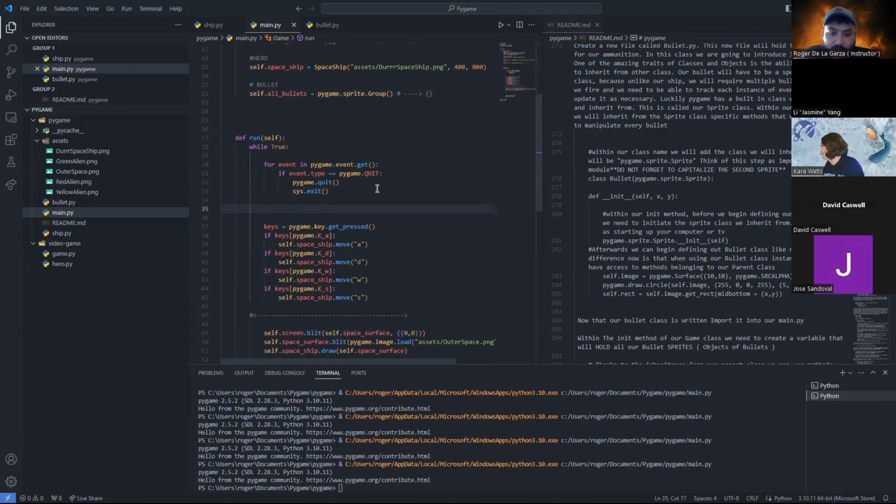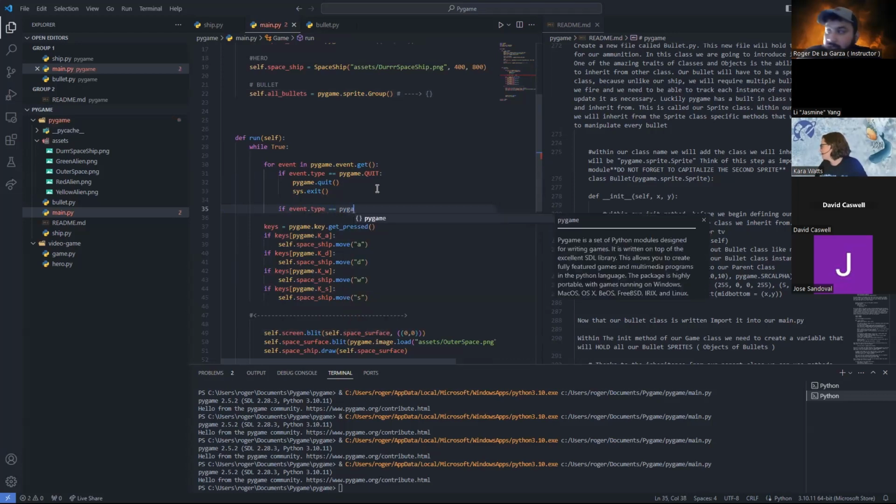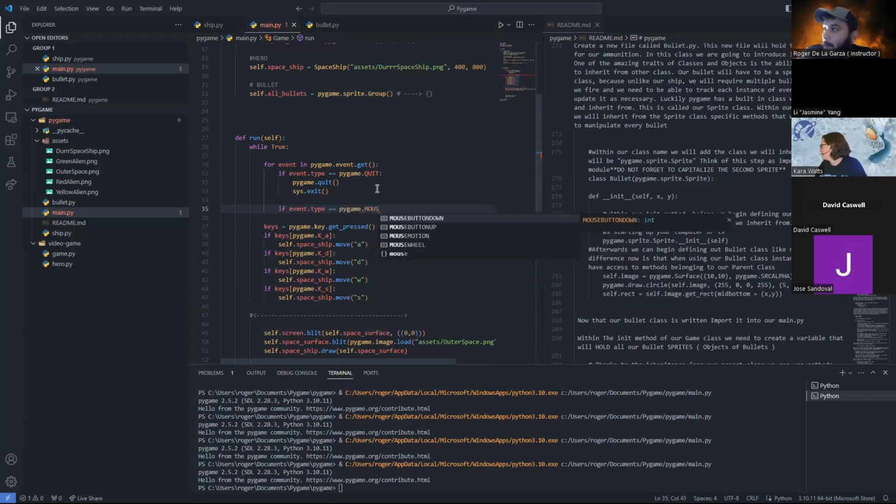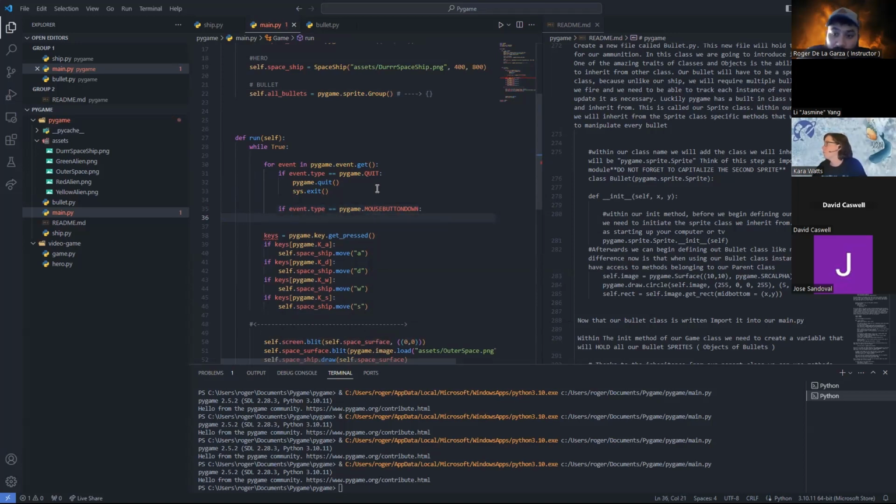So what's going to happen is we're going to check if one of our events is our mouse click. So if event.type is equal to pygame.MOUSEBUTTONDOWN. Where am I getting this from? This is your cheat sheet as well. This is how you grab the event of clicking on your mouse. This is going to check if your mouse button down was clicked. Now, if so, then I want to create a bullet object. So every time I click my mouse, I want to create a new bullet. So I'm going to say